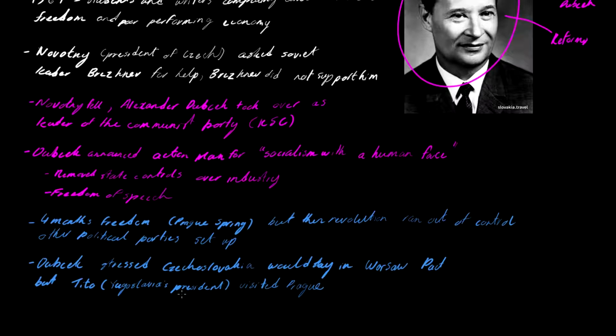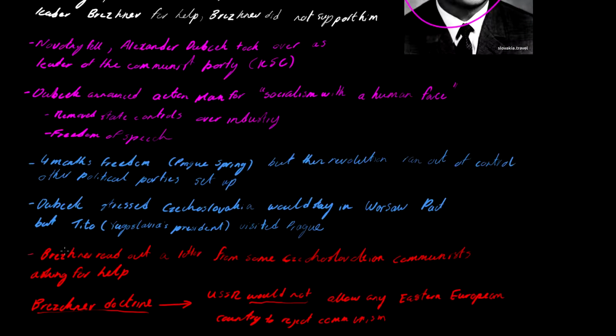And the thing about Tito is that Yugoslavia actually wasn't in the Warsaw Pact. So the Soviet Union wasn't happy that these guys were having relations. So at a meeting in Bratislava, which is in Czechoslovakia, in August 1968, Brezhnev read out a letter from some